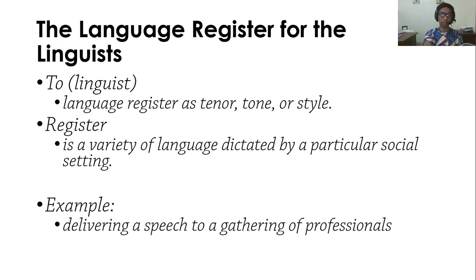Example, delivering a speech to a gathering of professionals. Of course, the language that you should be using depends on the people to whom you will deliver your speech. When you are delivering a speech for professionals, you will automatically gravitate towards the use of formal,